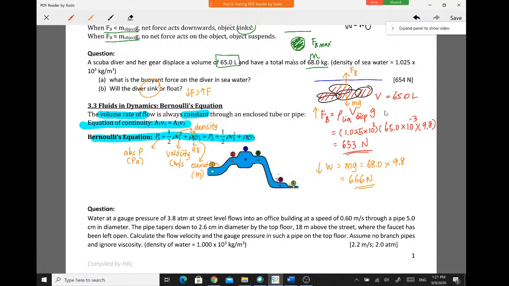So the whole expression here is constant